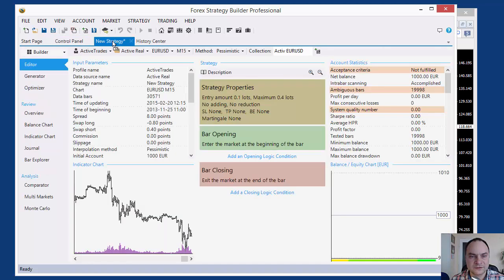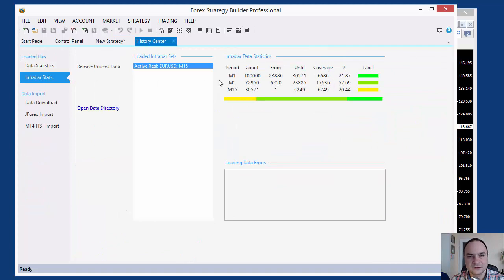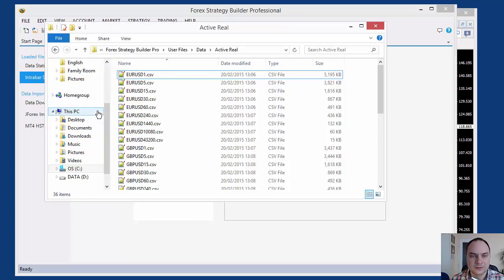Okay, let's go to the strategy, and what I see here, I have 30,571 15 minutes bars. I have this number. Let's see data statistics. Okay, for M1 I have 100,000, for M5 and M15 30,000. Maybe these are all the available bars I have. How can I check that? Let's open the data directory, and